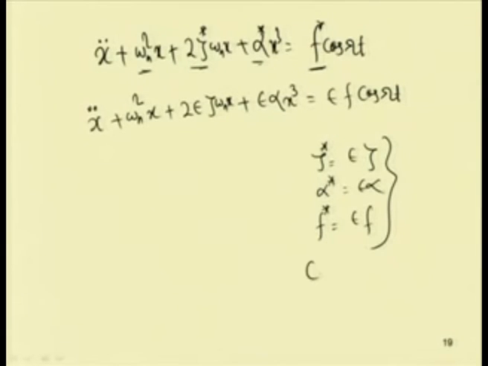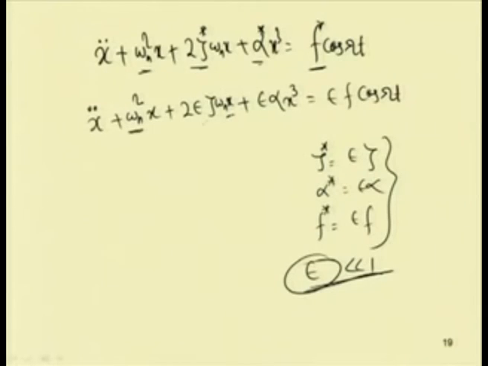Here, epsilon is a bookkeeping parameter which is very, very less than 1. This bookkeeping parameter is used to make the coefficient of the nonlinear response term similar to that of the linear term. For example, in this case the order of epsilon zeta should be near that of omega n square, and the order of alpha will be of the same order as that of omega n square. So, after ordering this equation,